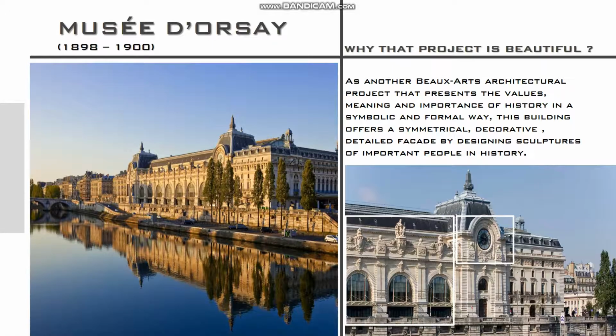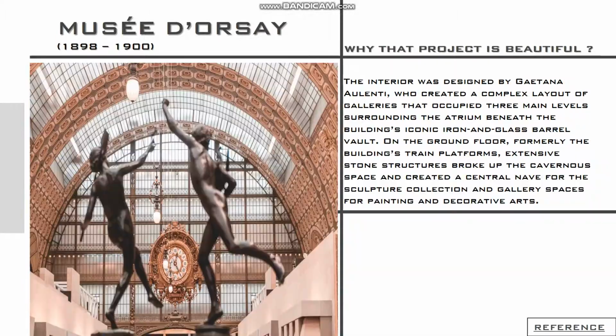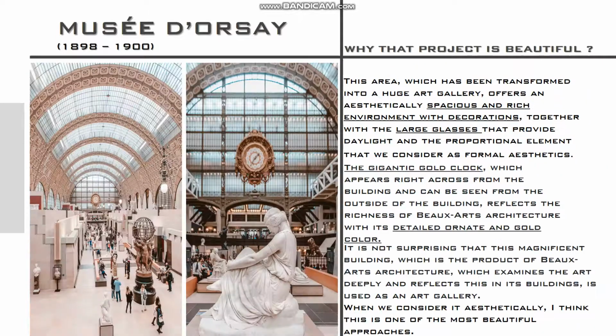Musée d'Orsay. Why is that project beautiful? It is another Beaux Arts architecture project that presents the values, meaning and importance of history in a symbolic and formal way. This building offers a symmetrical, decorative, detailed facade with sculptures of important people in history. This area, which has been transformed into a huge art gallery, offers an aesthetically spacious and rich environment with